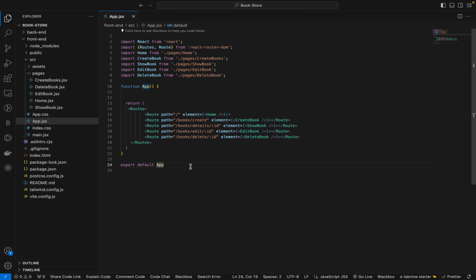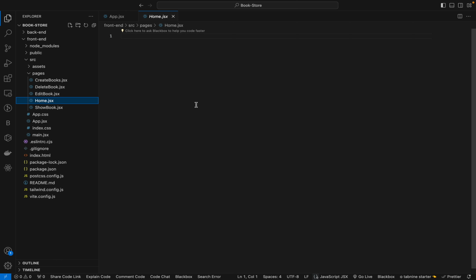So this is the route. Nothing we will do apart from this here in the app.js. So everything will be local. So once we got everything here, let's create the components individually and show it. So let's go with the home.js file, where in the home